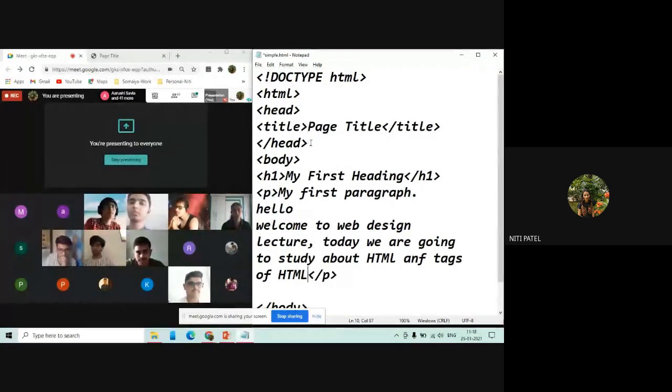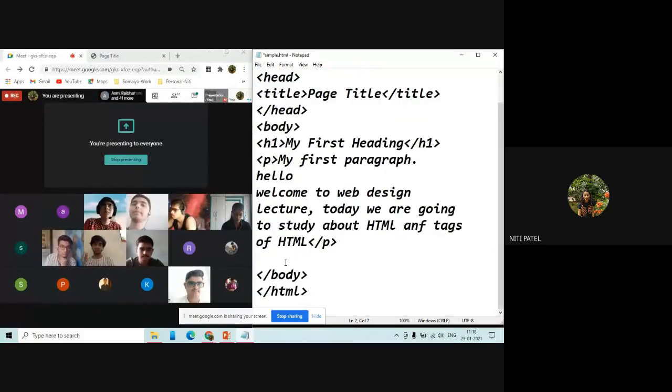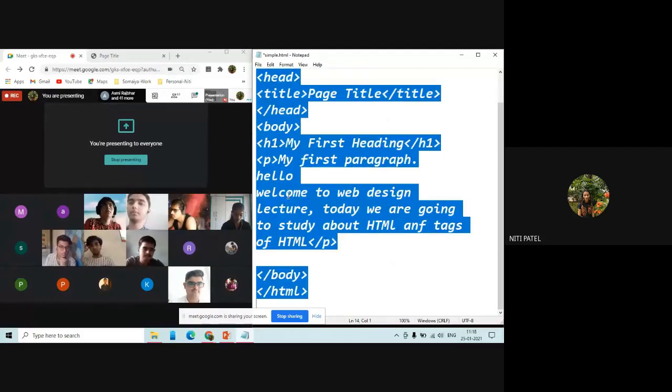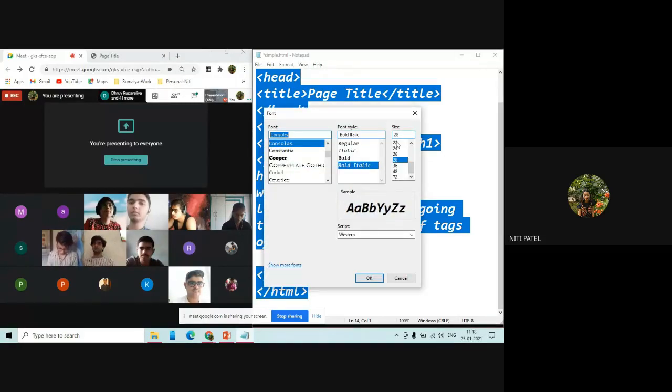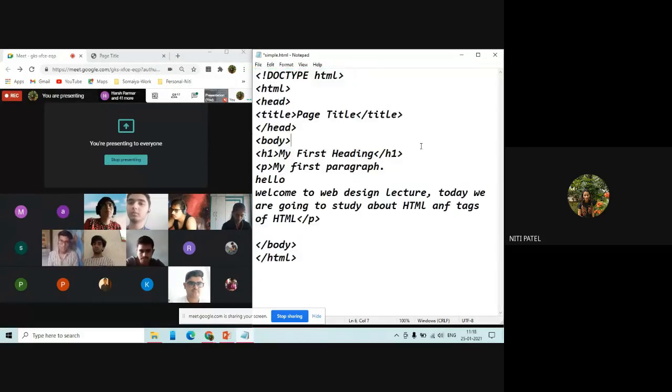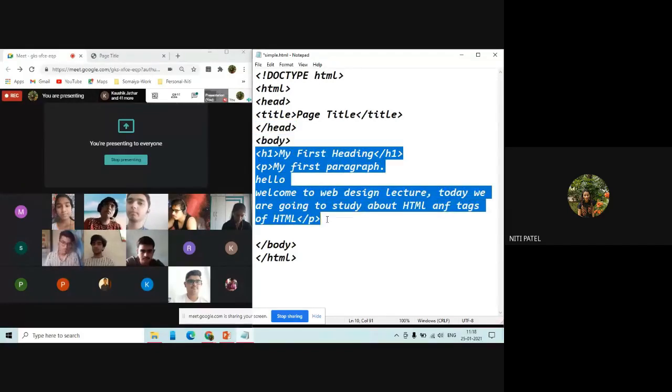Okay, what I have written, I have started it with the declaration doc type, opened HTML, then I have opened the head, mentioned the title, closed the title, closed the head, opened the body, written whatever I wanted to write inside the body.